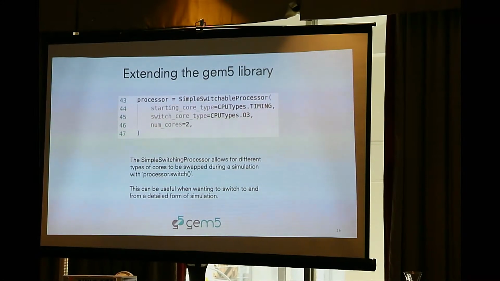So this is a reasonably okay example because the O3 CPU is an out of order CPU model, and it takes forever to run anything. It's because simulating that sort of component is very costly. So in this strategy here, we're starting with a much more simple CPU model and then switching to the out of order